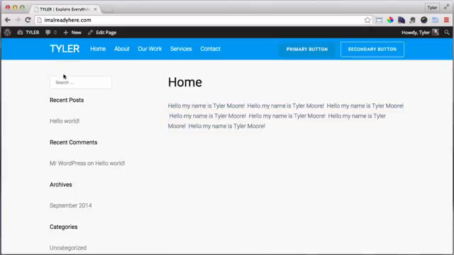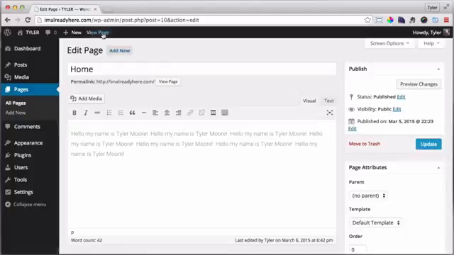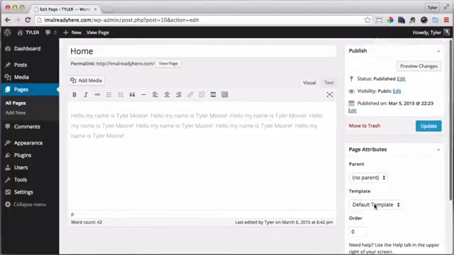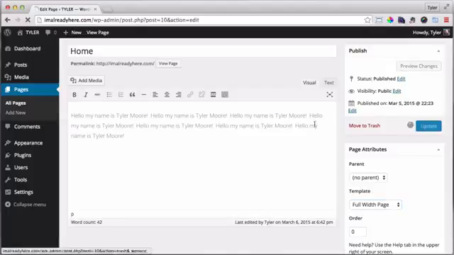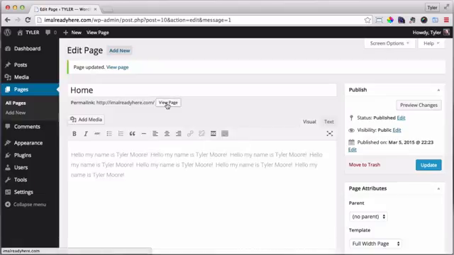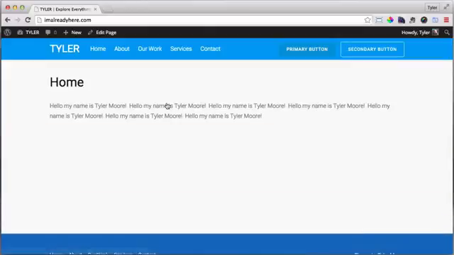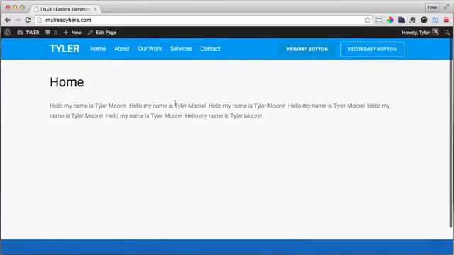But what if we want to get rid of this sidebar right here because we don't need to show it? So once again, the quick way to get back to editing the home page is to press Edit Page up here. We can do that, and instead of the default template down here under Page Attributes, we can choose the full width page and press Update, and then we can view our page. And that is looking pretty good, better than most websites,